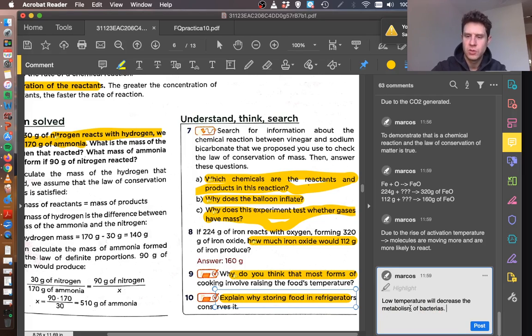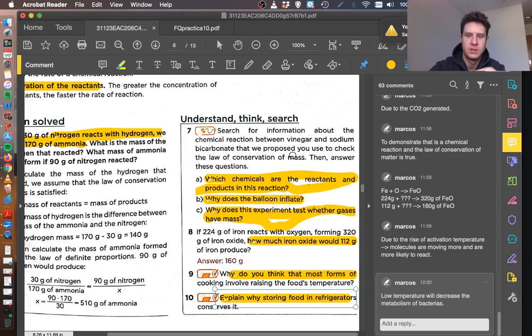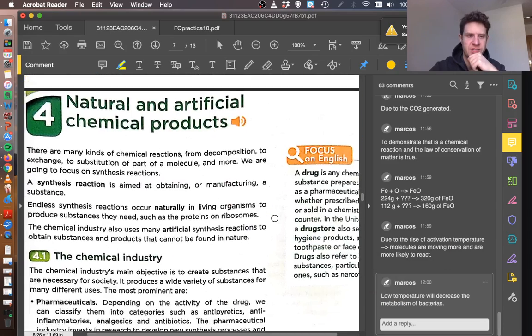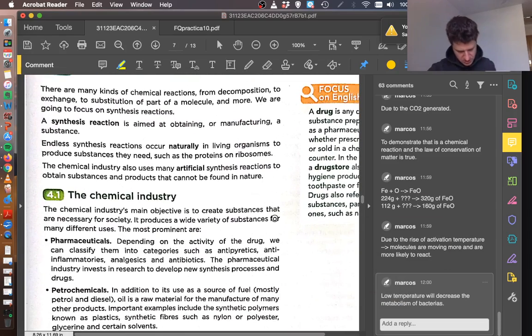So with the metabolism of bacteria, they cannot eat the food because they cannot metabolize, yes, because of the temperature. Good. And next, fourth,